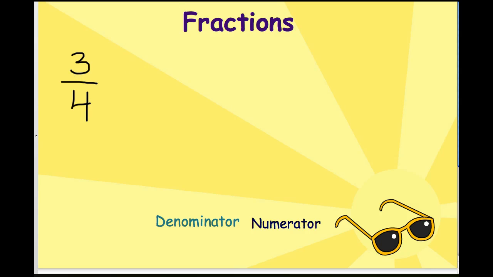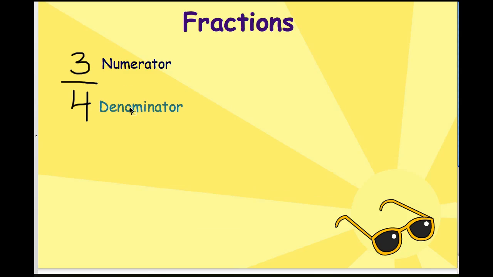And the most important thing to remember when you first begin is that these numbers have a name. There's a reason why one is on the top and one is on the bottom. So the first number, 3, that is the numerator. It's called the numerator. The number on the bottom is the denominator. And there are many different ways that we could remember the numerator is first on the top and the denominator is